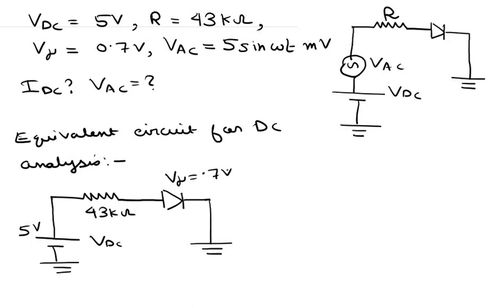Now we will be using the piecewise linear model of the diode, which basically means that if there is a current flowing across the diode, then the voltage across the diode is constant at V gamma. Once the diode is in the conducting state, the voltage across the diode is constant at V gamma. So as I stated, in the case of a diode, this is the P side and this is the N side over here, and positive voltage is applied to the P side.